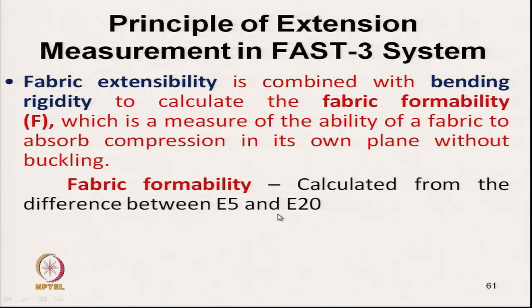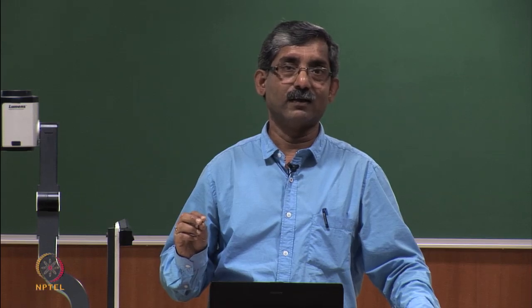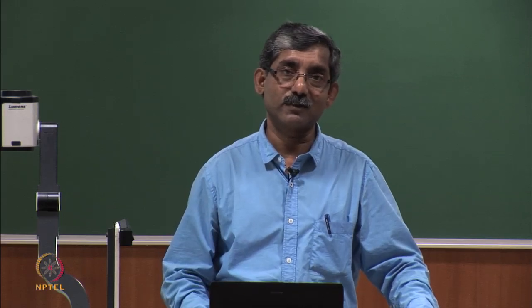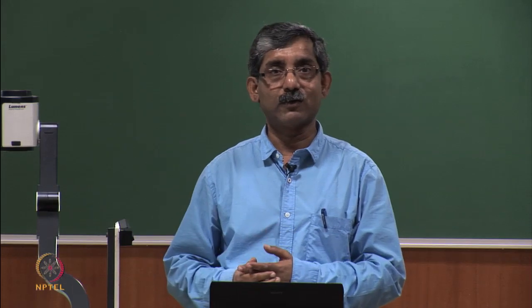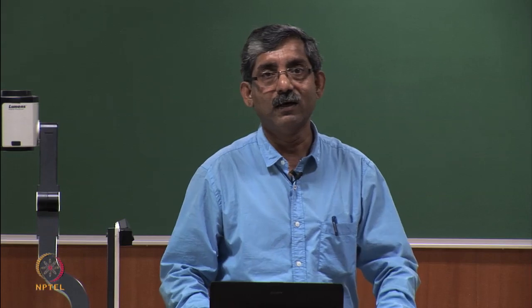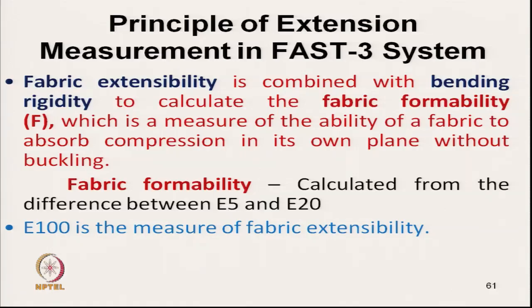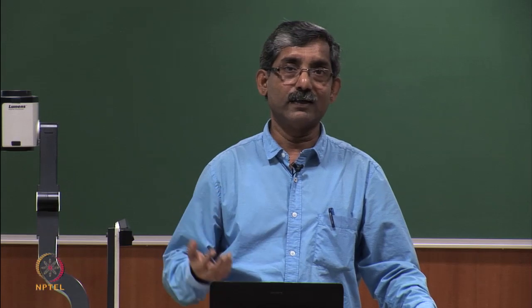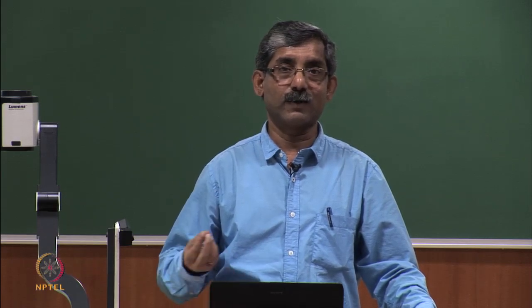So, whatever extensibility we get at 20 gram force per centimeter and at 5 gram force per centimeter, the difference is used to calculate the formability. E100 is a measure of fabric extensibility. So, at 100 gram force per centimeter load, whatever value we get is expressed in terms of